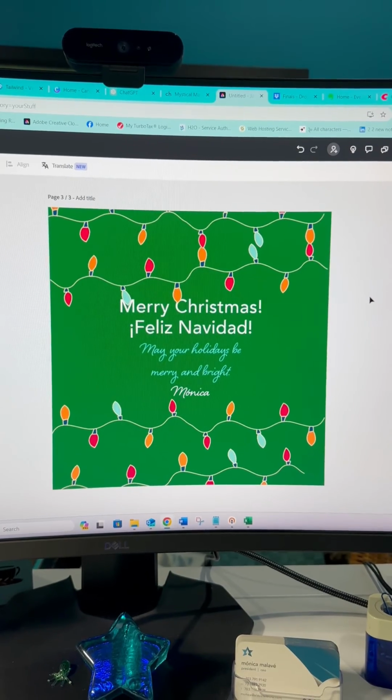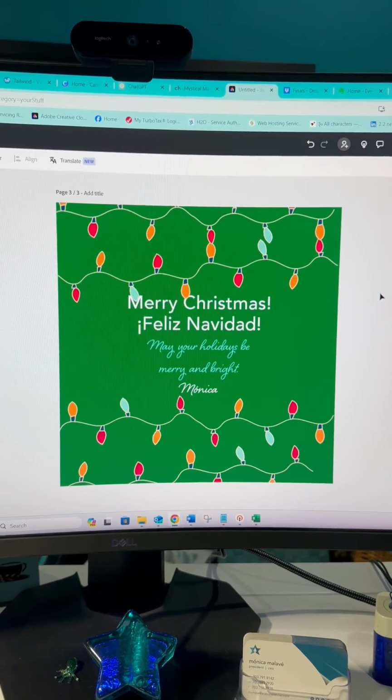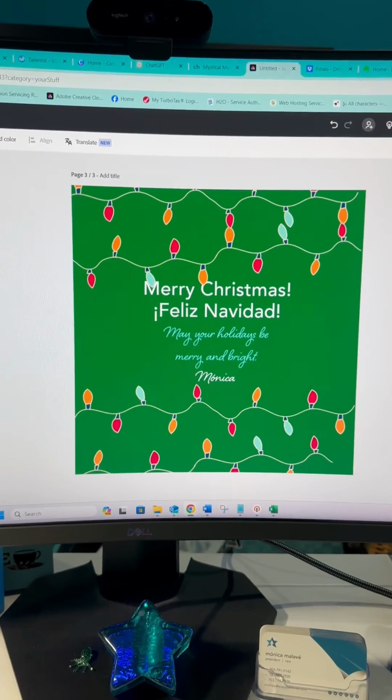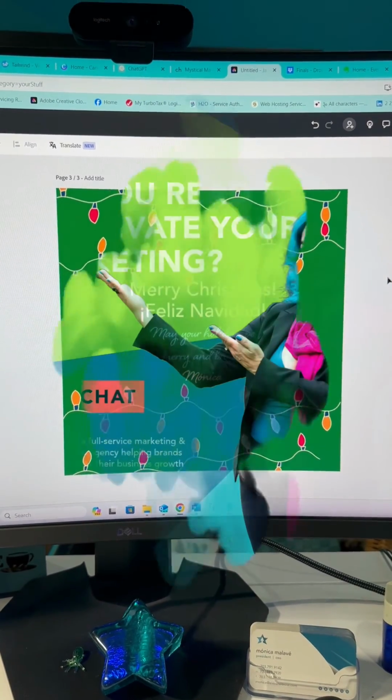When we resize, sometimes things get really crazy and we have to sometimes recreate the entire thing because it's gone all over the place. But I know Adobe Express is super easy, guys. It really